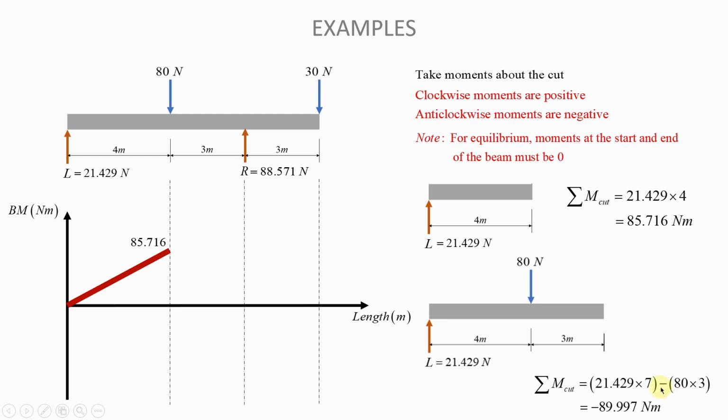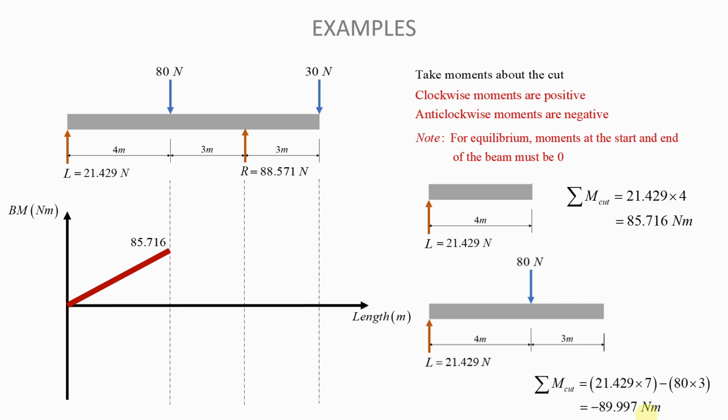And then we will do minus the moment due to this 80 Newton force. The reason we do minus is because this 80 Newton force is creating an anti-clockwise moment about the cut. And as I said earlier, anti-clockwise moments are negative. And so we do minus 80 multiplied by 3. And so if you do that, you will find that the moment about that cut is actually minus 89.997